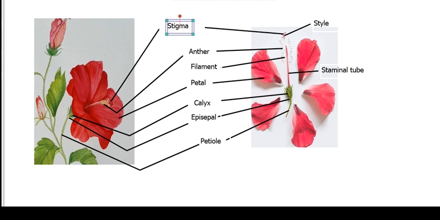Then you have the style, which holds the stigma. Then at the base, just in this calyx, they have the ovary down there. Then the male